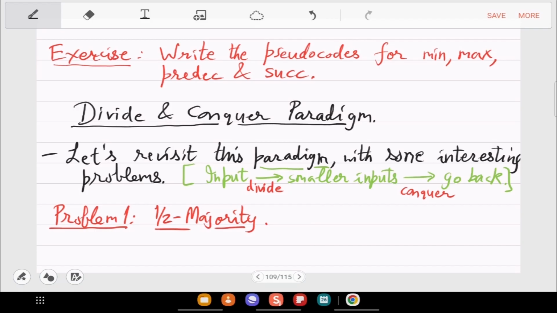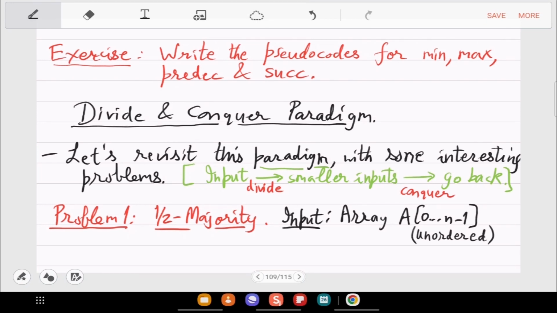Okay, that is the problem. So the input is an array. Obviously it is unsorted, because there may not even be a way to compare elements. Which means we have different data types, right?